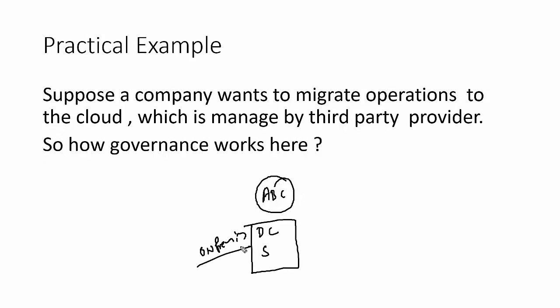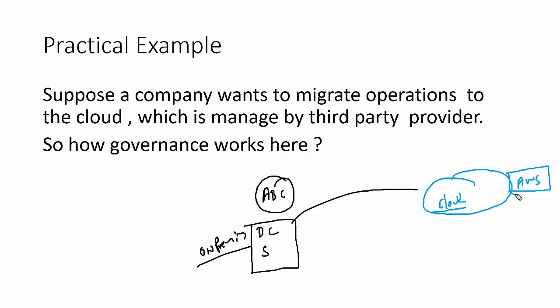And now you have decided that you want to move into the cloud. So you decided to move the service in the cloud. And the cloud is, suppose, AWS. So for me as a company, AWS is basically a third party. So how are you going to manage